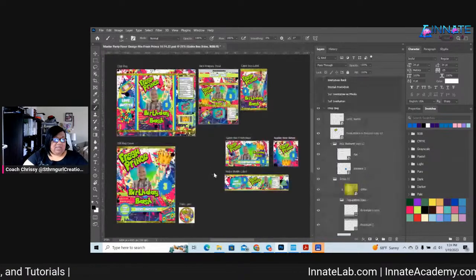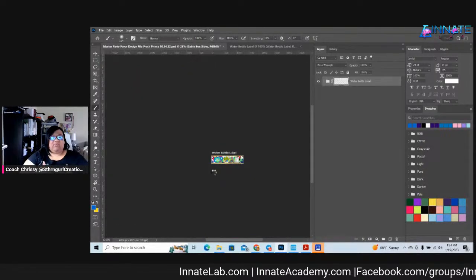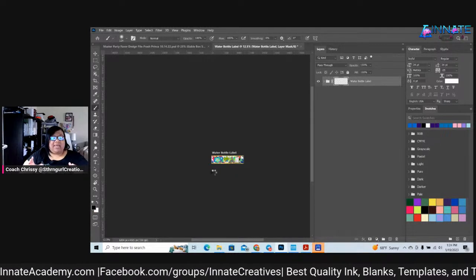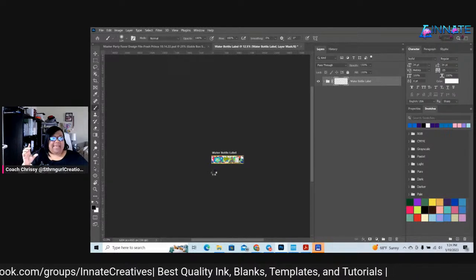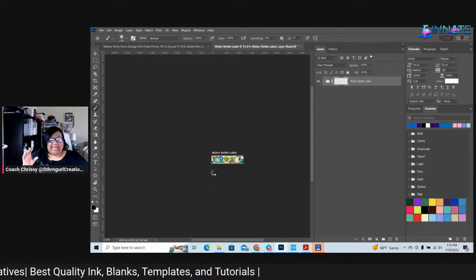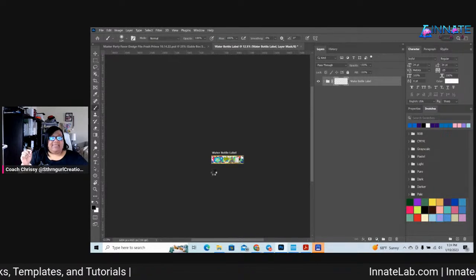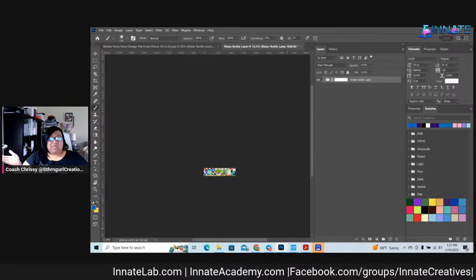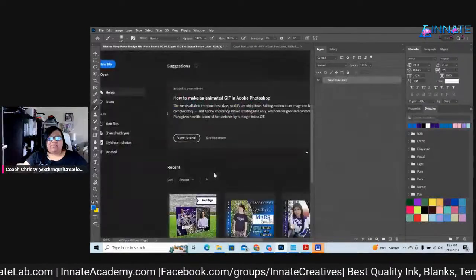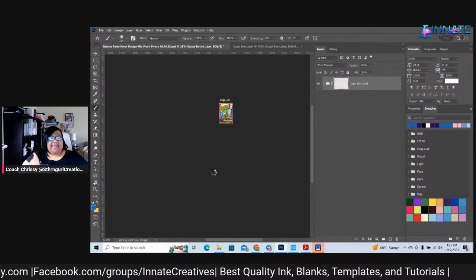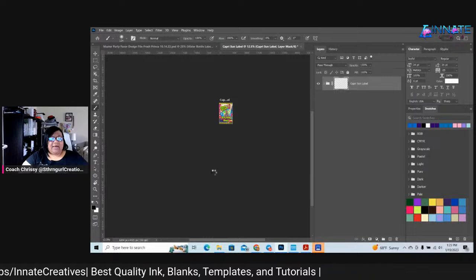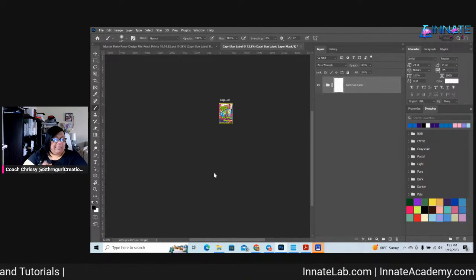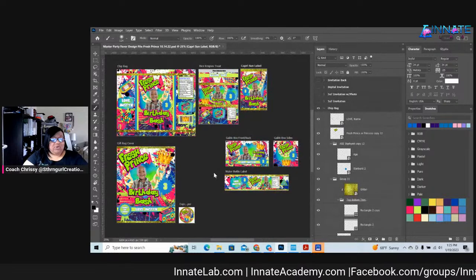I do not suggest printing straight from the JPEG file. That's why with the Party Favor Automizer, we give you the print file, because if you print the JPEG image, it does not size correctly when you print it. So it won't actually be the size that you need it to be when you go to print those to make the party favors. So you need to take those JPEGs, and I'm going to show you once this finishes running, put them in the print file, and you'll see what I'm talking about for those of y'all that are familiar with it, and for those of y'all that are not, you'll be able to see